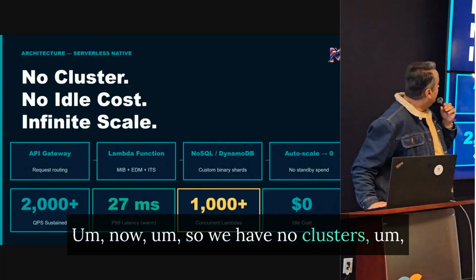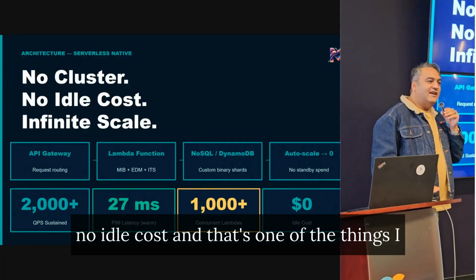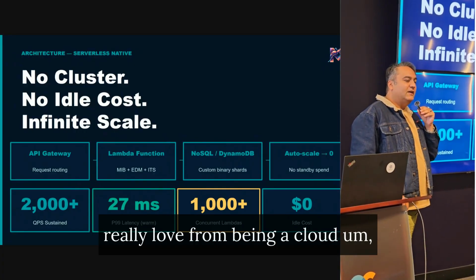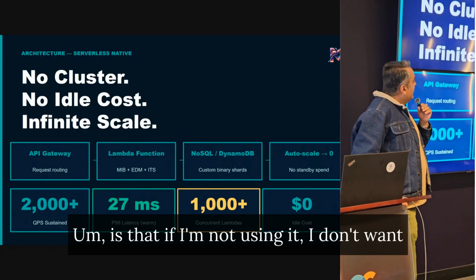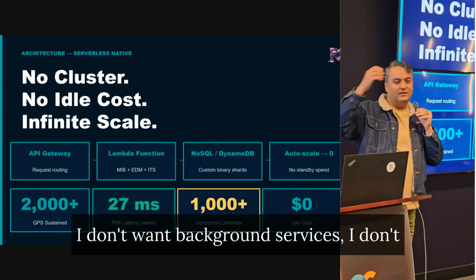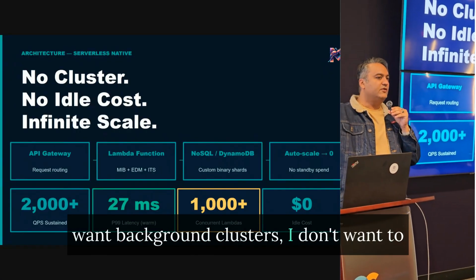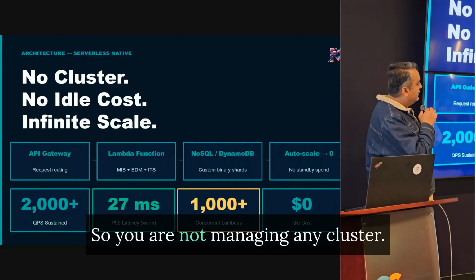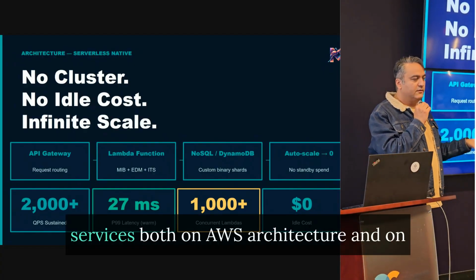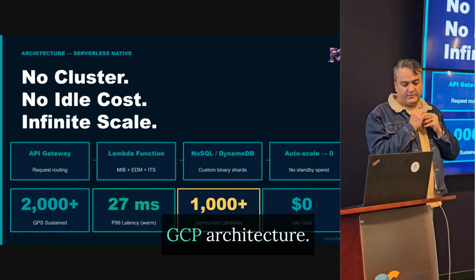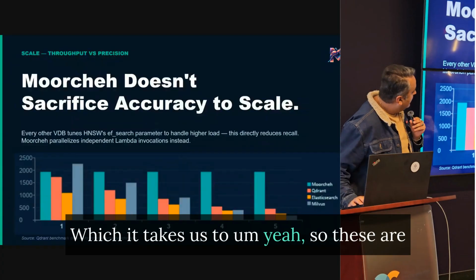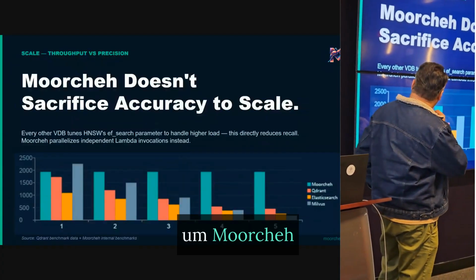So we have no clusters, no idle cost, and that's one of the things I really love as a cloud architect: if I'm not using it, I don't want anything to be running. I don't want background services, I don't want background clusters, I don't want to manage clusters. So you are not managing any cluster. Everything is performed with microservices, both on AWS architecture and on GCP architecture, which takes us to, so these are moorcheh,